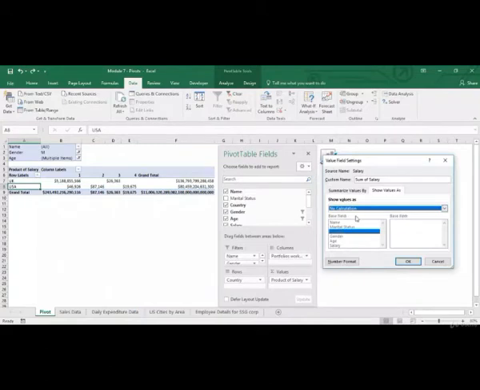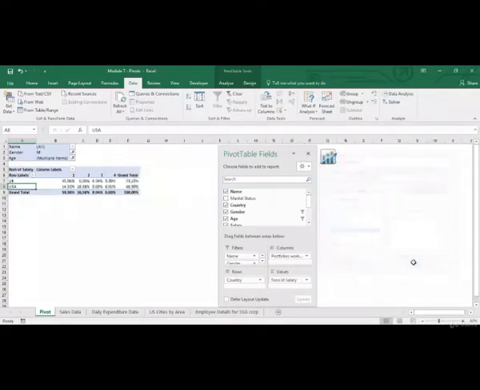Now by default, this will show as no calculation. Over here, we've got country selected. So we'll just calculate the values on the basis of this. So the first option is percent of grand total. Now this will display the percentage of the value across these different combinations out of the grand total. So let's just click on OK. If you sum this up, this is 100%. If you sum this up, this is 100%.